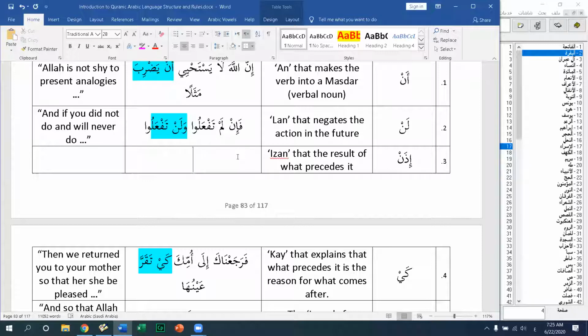Let me use an example in just normal English. Study, and you shall pass the test. So if I were to make a sentence like that, I say udrus, and this is fi'l al-amr, udrus. Why did we say u with a dhamma on hamzatul wasl? Because the ayn of the verb has a dhamma. Udrus, idhan